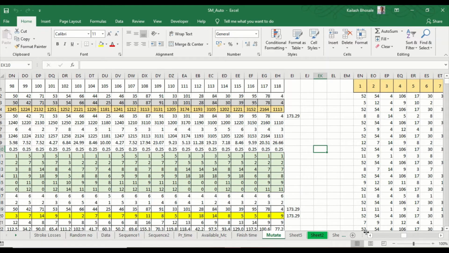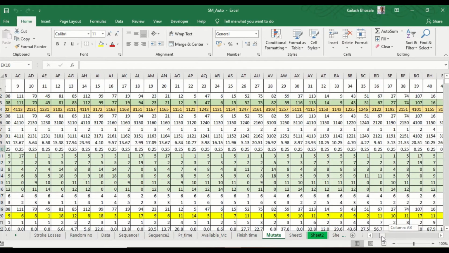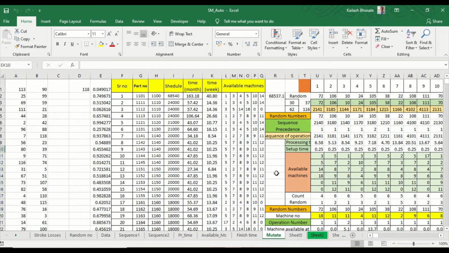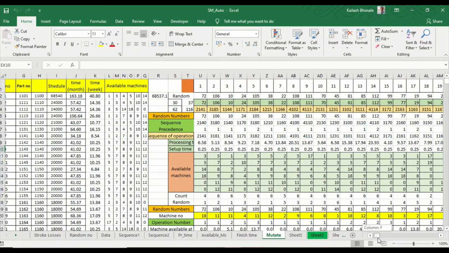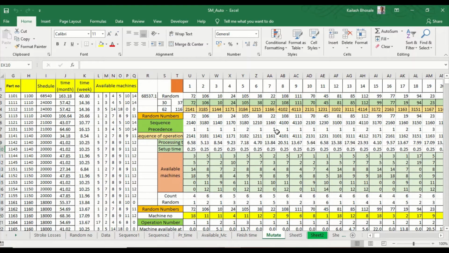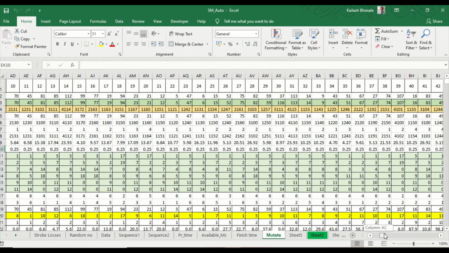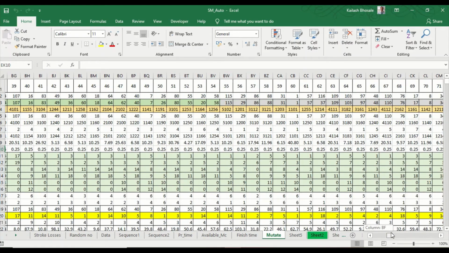In the next stage of this algorithm, we have to go for the mutation. Mutation means that after generating the random numbers, we search for the next number in the neighborhood of the available number. Here we have generated two random numbers, 30 and 37, so the locations of the numbers will be swapped, in cells 62 and 116.